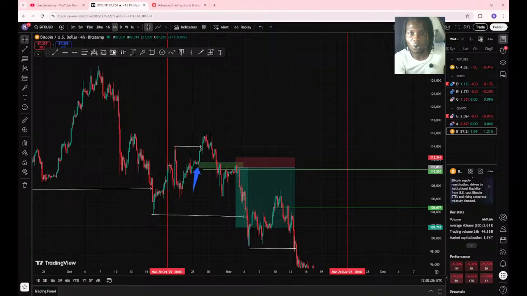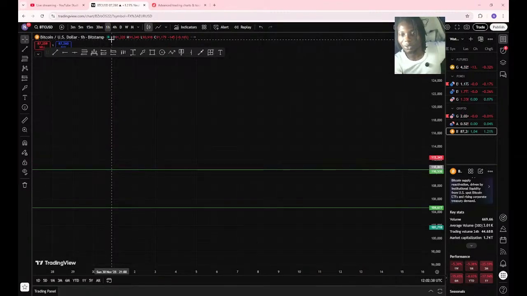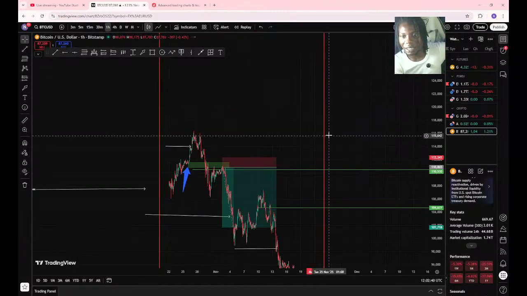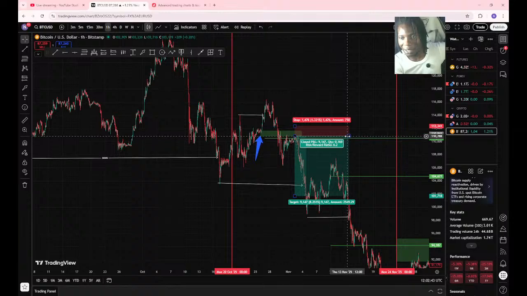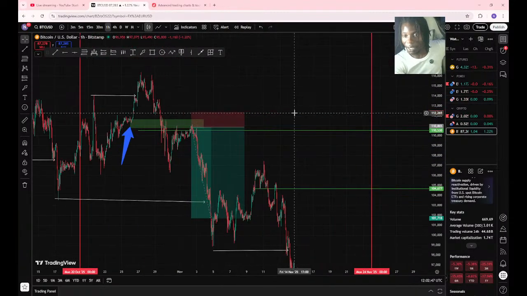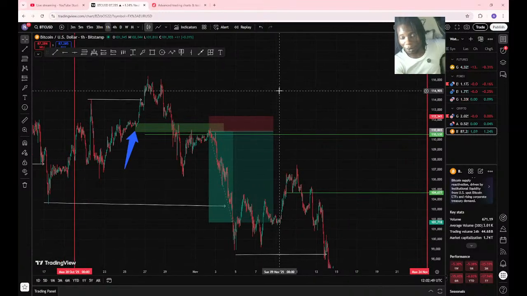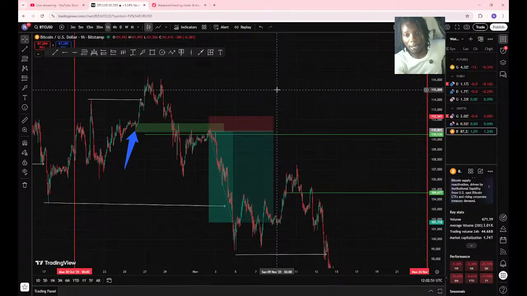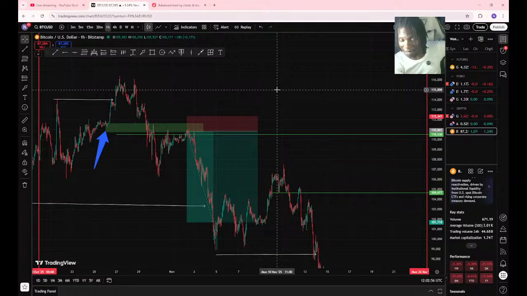We move down to our 30 minutes or our 1 hour to see a clearer picture of what the trend was doing at that point, because we want to enter at a clean range. Okay, yes, all these things that I'm doing now look very clean, and you guys are like, okay, this is clean, what this guy is doing is clean. It takes time. Remember that it takes time, and it also comes with patience.